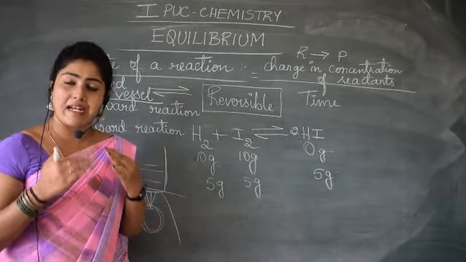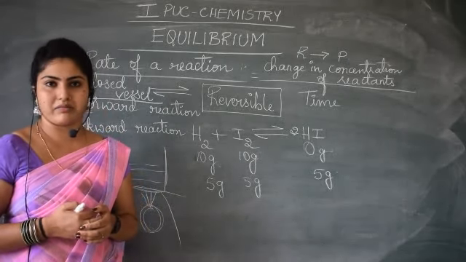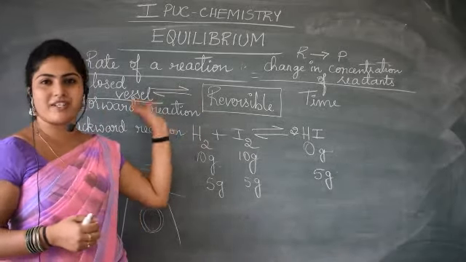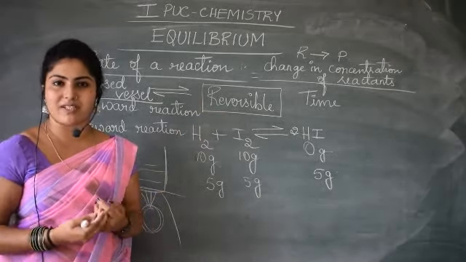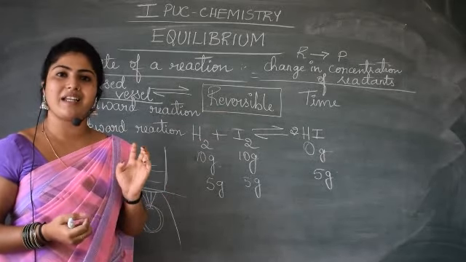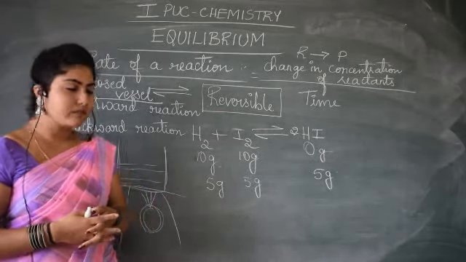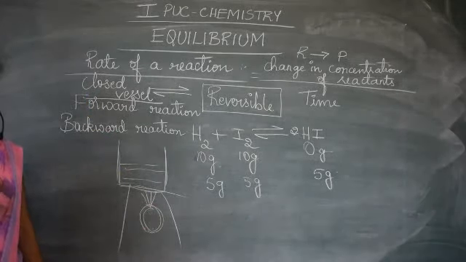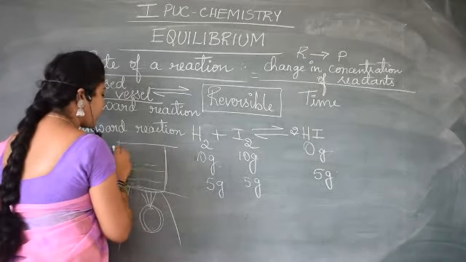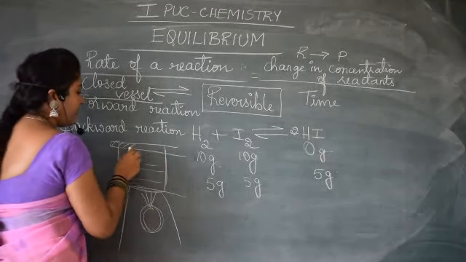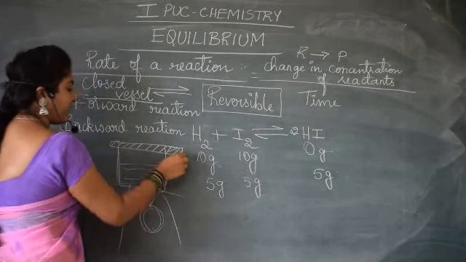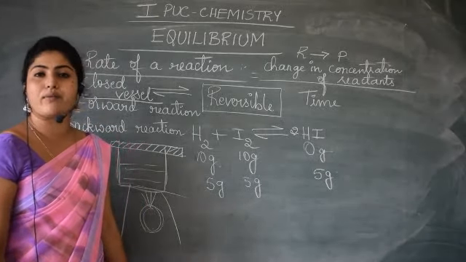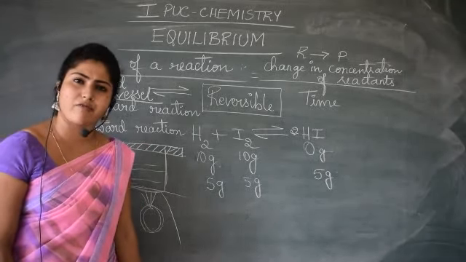Any system will try to attain equilibrium. This point you need to remember. Any system means, again, the condition is a reversible reaction. The one which undergoes reversible reaction will try to attain equilibrium because it wants to be equal. Now if you start heating water which you have taken in a beaker, remember that it must be a closed beaker. Now what happens? Water will remain as it is? No, it will start forming vapors. When will it start forming vapors?